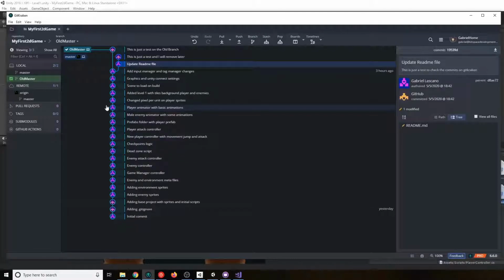Also, it's good because you can have multiple versions of your project divided by branches. So let's say, for example, we are making this game for mobile, but we are also making it for PC or for a web version, as we were doing it. Those two versions will most likely look quite different, right?